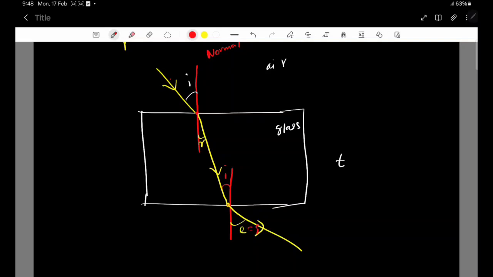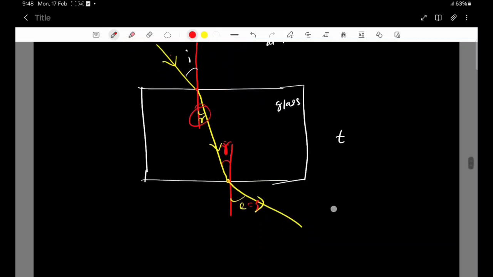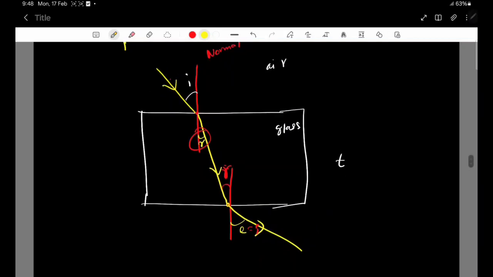I. Because based on the symmetry we can tell that if this is R, this also should be R, because the alternate angles are equal. So if this is an R angle, this should be R, and if this is I, this also should be I. So it is so clear that